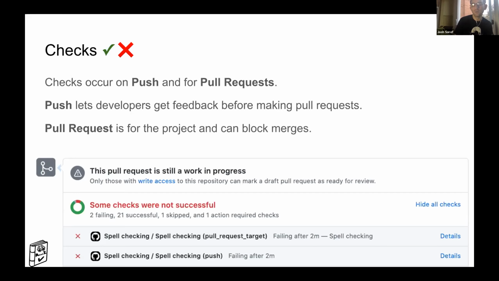And then the action that we're currently using for Keptn is pull request target. So it's configured to look at the merge between the master, I believe, and your pull request.